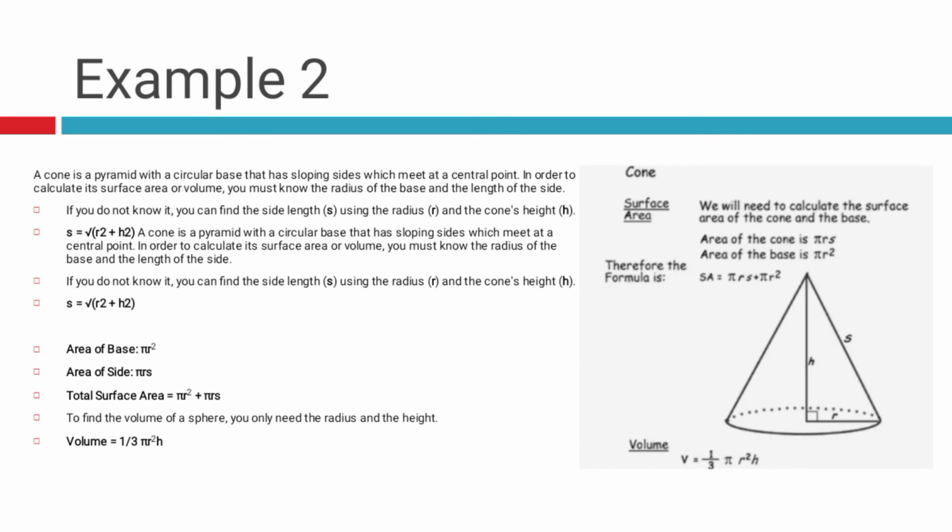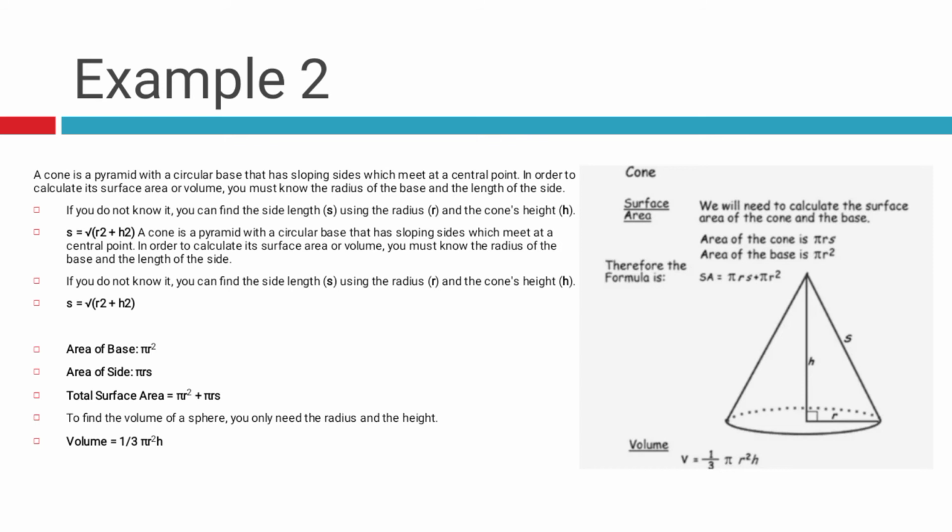Area of the side. Area of a side, which is pi r x. Then total surface area is equal to pi r squared plus pi r x. So if you want to